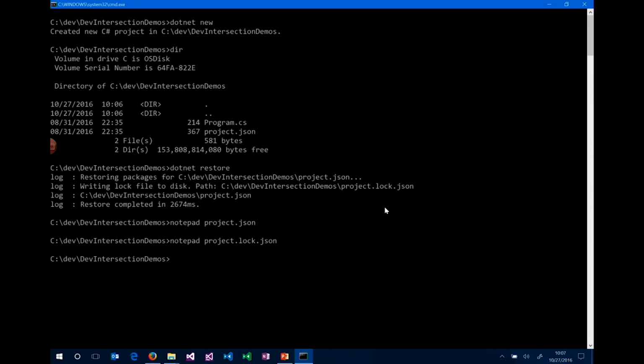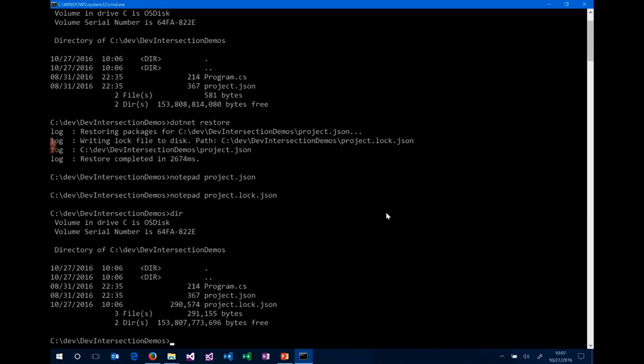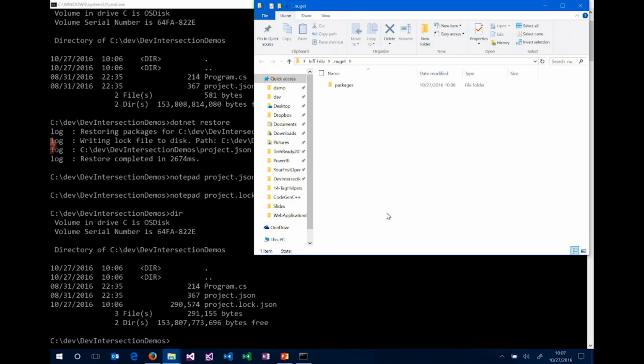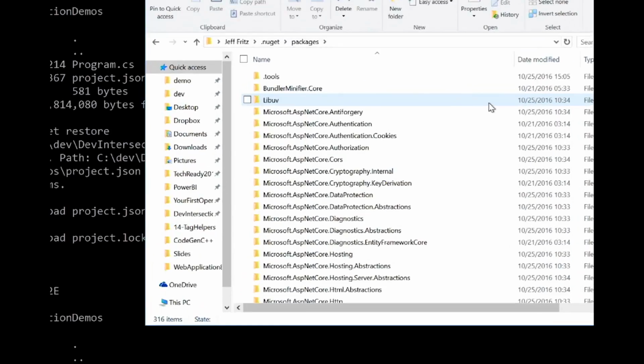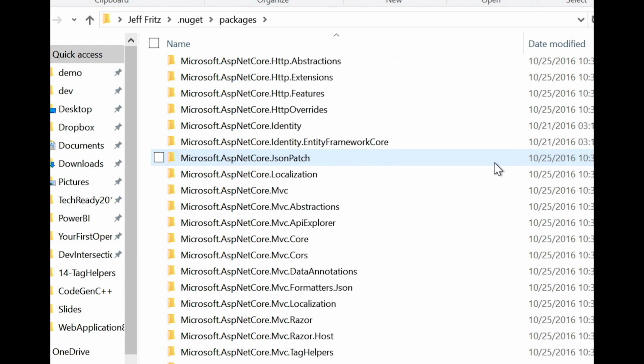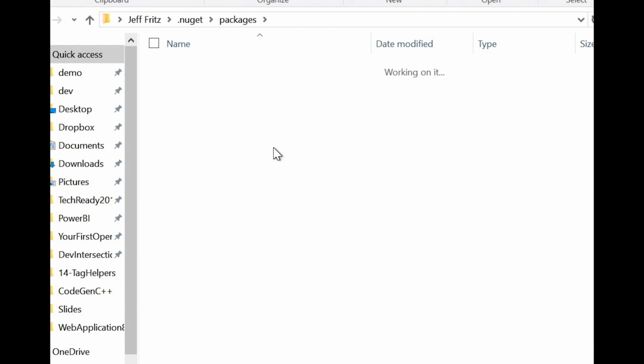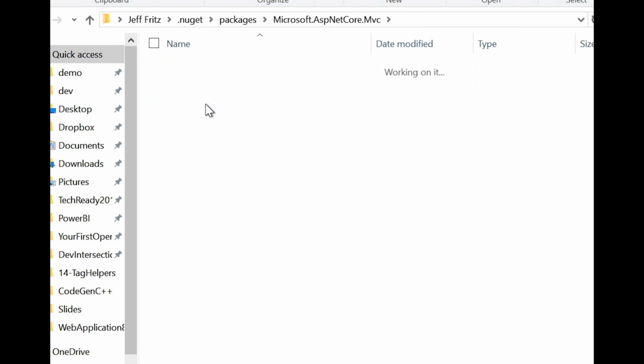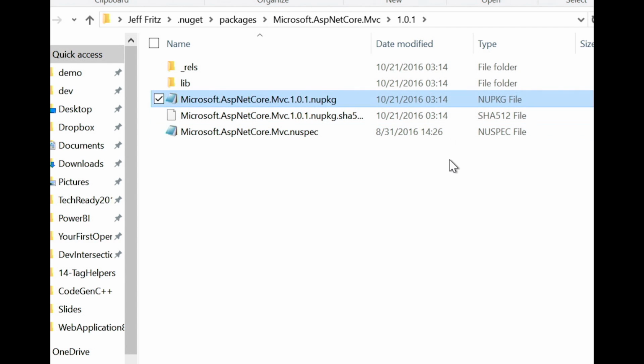Now, where do those NuGet packages live? Because I'm used to seeing perhaps a packages folder sitting here inside my project folder. Well, your NuGet packages now live under user profile.NuGet. And here's your NuGet packages, okay? So for example, here's MVC, and you can see I have 3 different versions of MVC that I've installed and are available on my machine without having to reach back across the internet to NuGet.org to download that content. If I reach into the 101 folder here, there you can see the NUPKG,